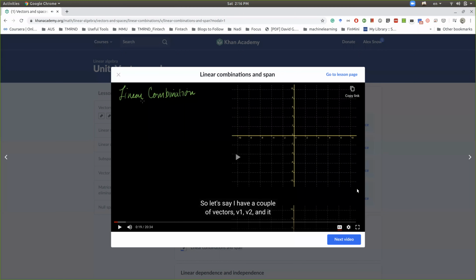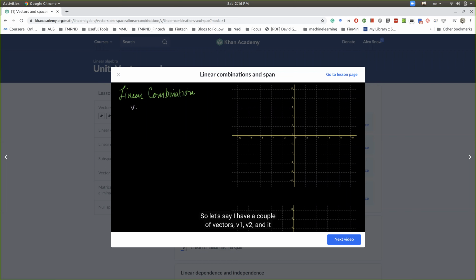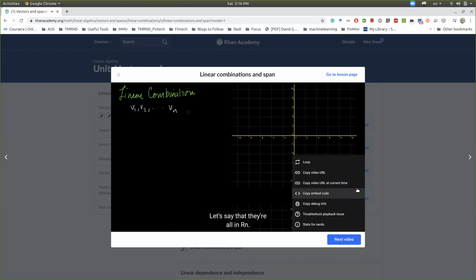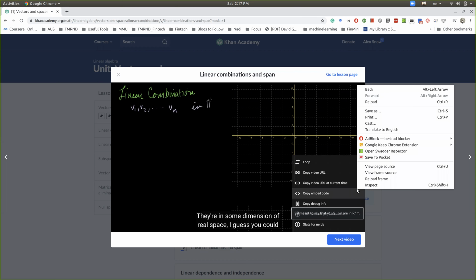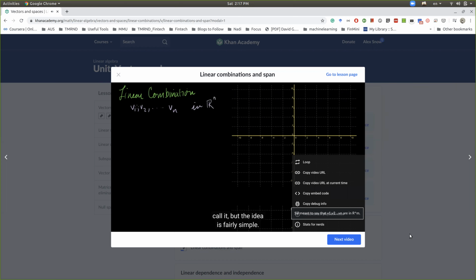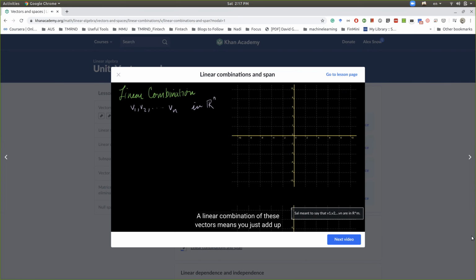So let's say I have a couple of vectors, v1, v2, and it goes all the way to vn, and they're all in, can be in R2 or Rn. Let's say that they're all in Rn. They're in some dimension of real space, I guess we could call it, but the idea is fairly simple. A linear combination of these vectors means you just add up the